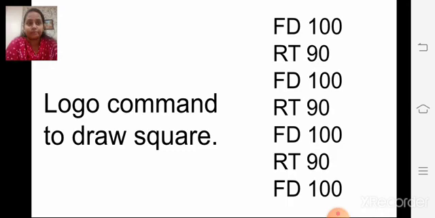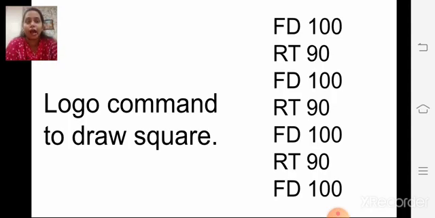Read this command. FD 100 RT 90. FD 100 RT 90. FD 100 RT 90. FD 100. 4 all equal sides. 4 sides equal, 100, 100, 100 and right turn.